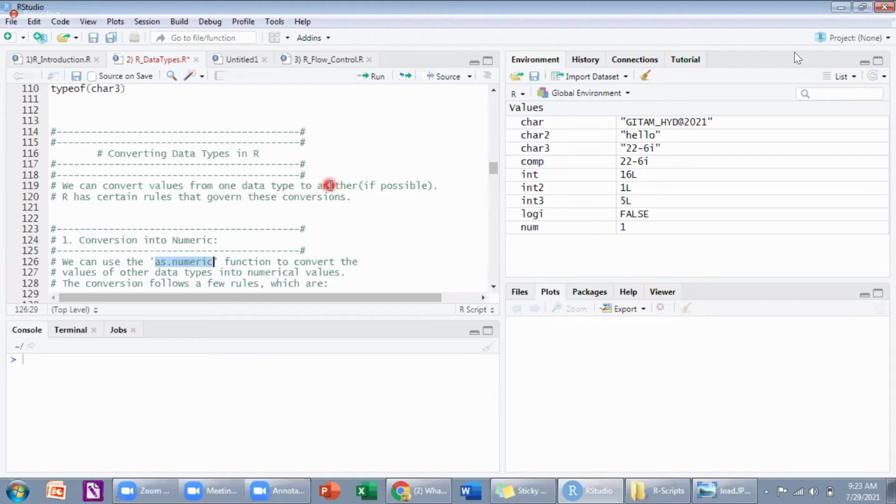Now tell me what will happen to a complex number. When I try to convert a complex number into numeric, what will happen? Just guess, I'll show you all the examples. Don't worry. For example, here we have a complex value, 22 minus 6i. I think in complex the integer part will get decimal. Very good. And what about the imaginary part? It will remain the same, I think, sir. It will discard it. It will delete it. Imaginary part is discarded. So this gets deleted and 22 is stored as decimal, 22.00. Very good. Yes, sir. Now coming to our next data type, what is the next data type we have?